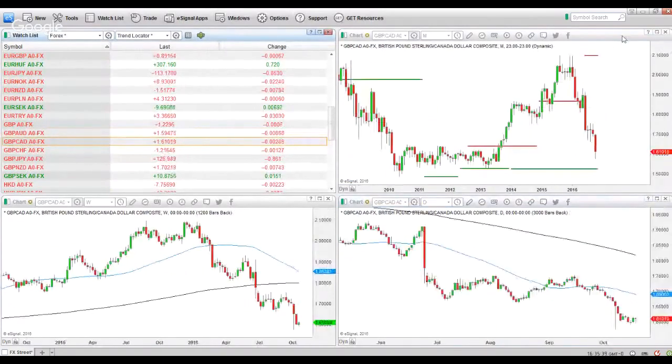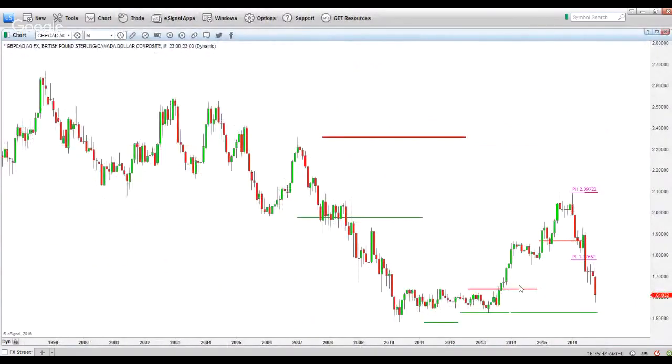Now, I'm not short on the pound Canadian dollar because there were too many support levels in the way. So this goes back to what I was saying about managing a portfolio. I had the pound dollar open to me, the pound Aussie, the pound yen, the pound CAD, the pound Swissy, the pound New Zealand. You know, that's 6-7 options. Out of those 6-7 options, I only want 2 or 3 that are worth trading. So the pound Swiss franc, which we looked at, was inside the pink lines. So I dismissed it. The pound Canadian dollar had too many support levels ahead. If you compare it to the pound dollar and the pound Aussie dollar, too much support ahead.